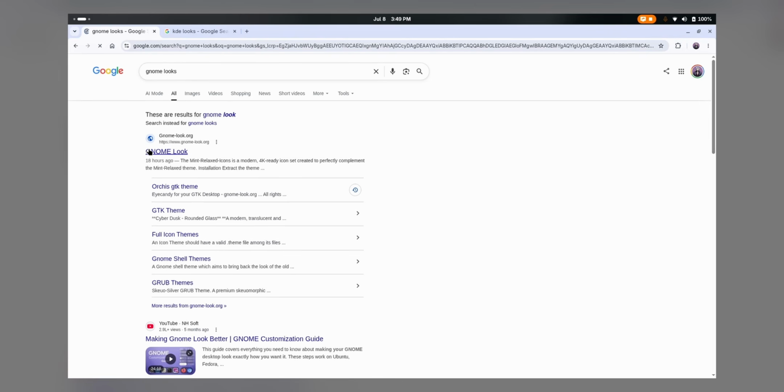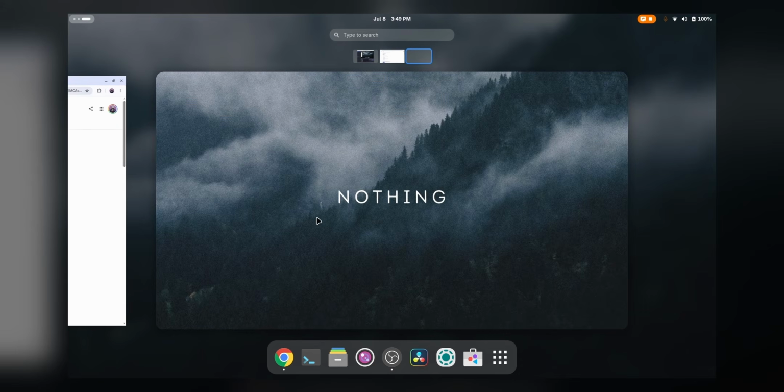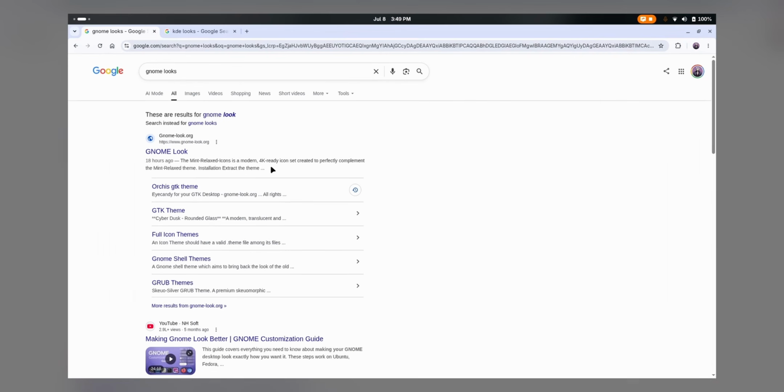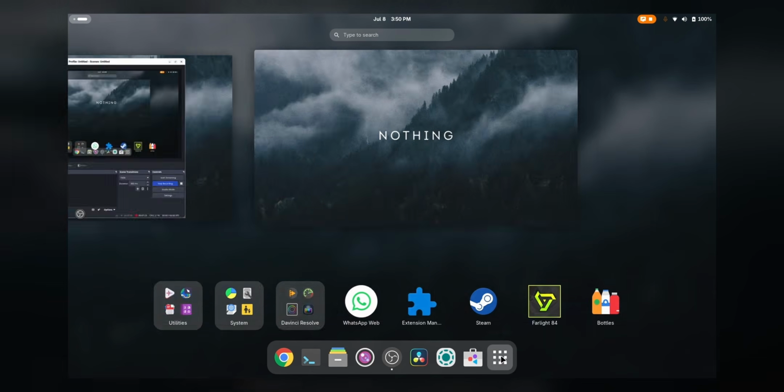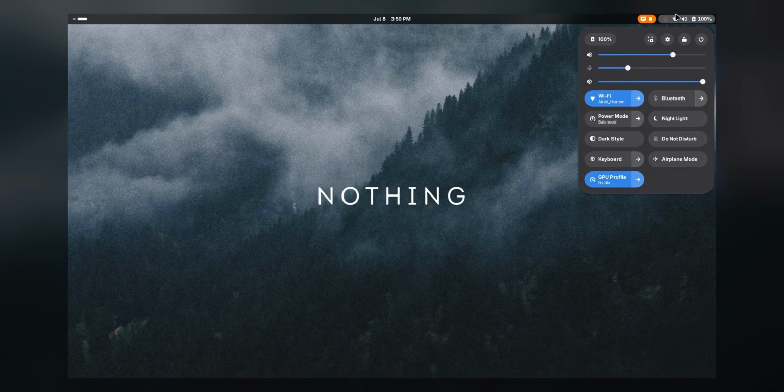This website is where you will find all the extensions, well, GRUB themes, application themes, desktop themes, GNOME Shell themes, icon packs, cursors, everything. And similar to KDE, you have the KDE Store. Exactly the same. But in terms of simplicity and minimal stuff, I really love GNOME, and especially the top